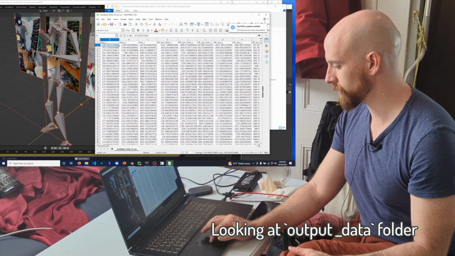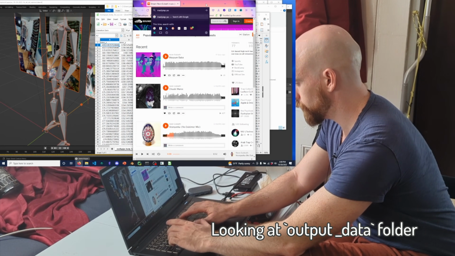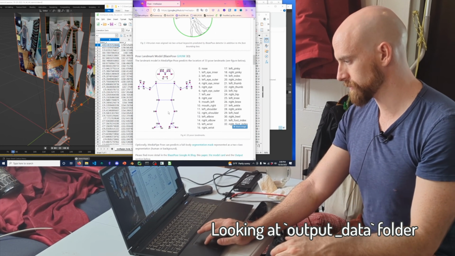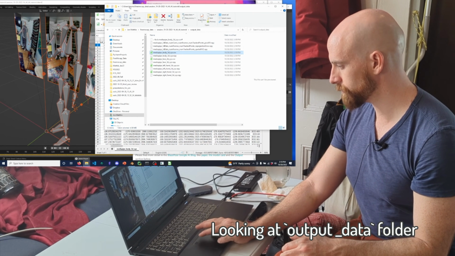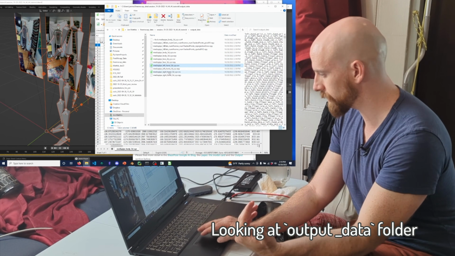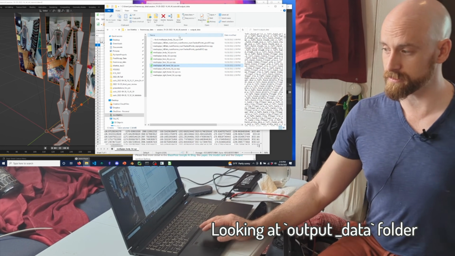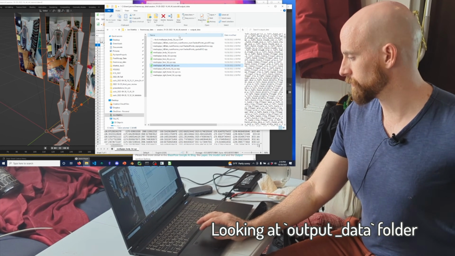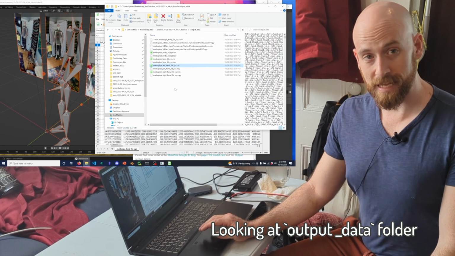For MediaPipe, if I search for MediaPipe pose, you can find the MediaPipe documentation, and that's where the naming of each key point is. And then we have the data for the face also in there, and the hands are also in there, and I guess that's it for now. I think this version on main does not yet output the center of mass, but we also output the center of mass as an .npy. That's just the position of the person's center of mass over time. And that's that.